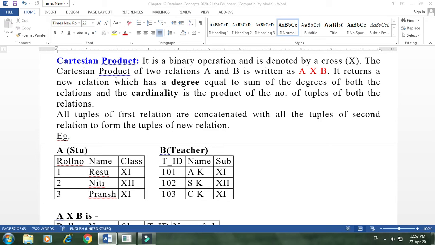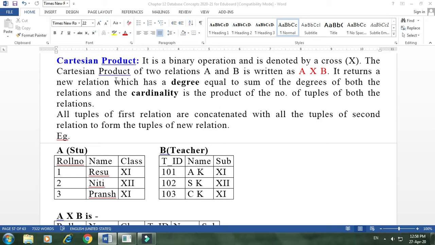In that case, we cannot display the data without joining the tables. So the need of joining is to display data from multiple tables, like some column from the first table, some column from the second table. Without joining, we cannot get the proper result. That's why we need to join two tables.